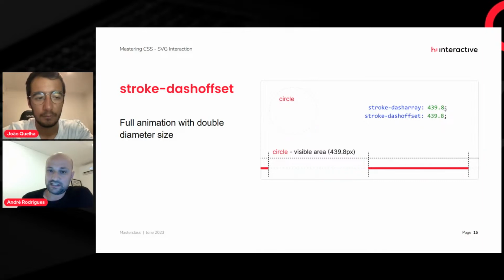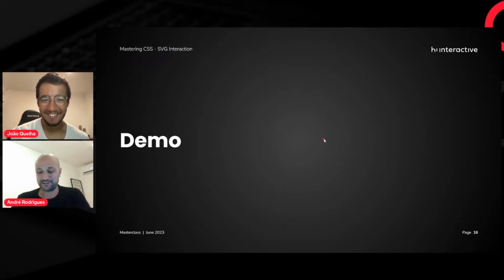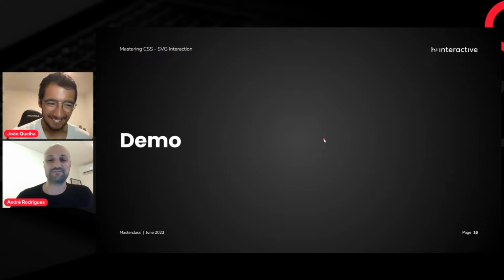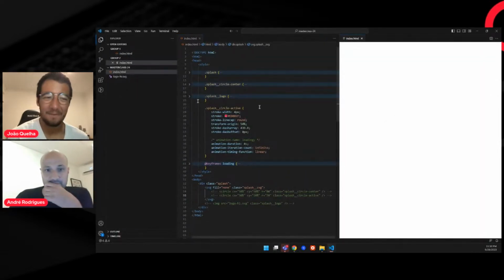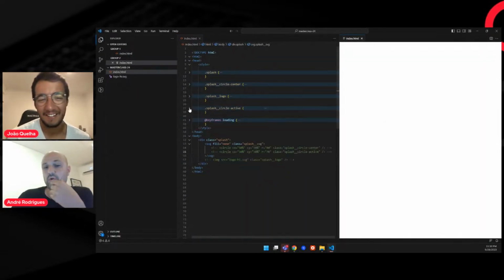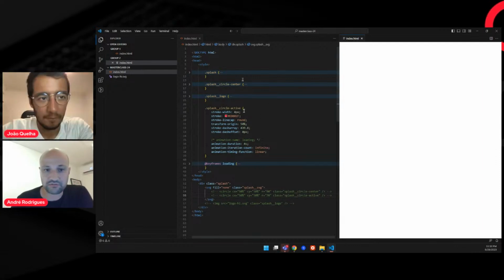This will be easier to understand when I'm explaining. Okay, demo time. Let's go and do creating it live. So, in order to focus only on our SVG, I of course created a bunch of CSS